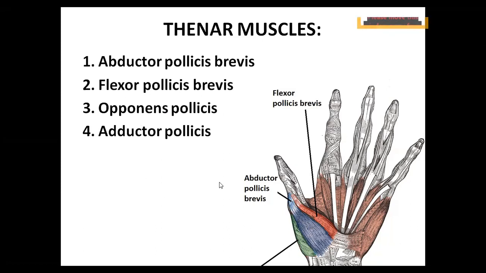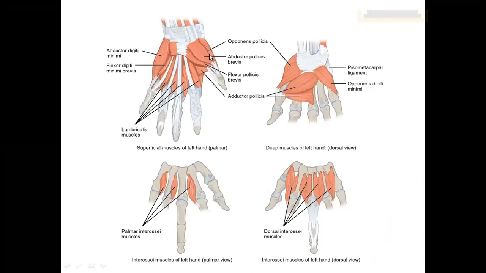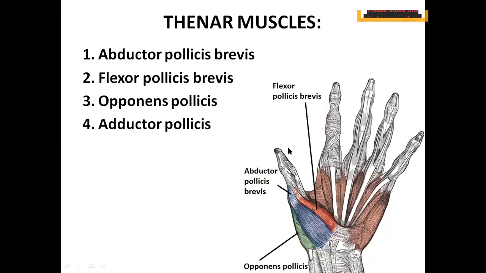Easy. So A is abductor pollicis brevis, the first one, bluish. Medially you have flexor pollicis brevis. Then here you have opponens pollicis, shown in green color. If you cut and reflect these, as we saw in the previous picture, deeper inside we have adductor pollicis. It has 2 heads, isn't it? Transverse head and oblique head. We will discuss the origin and insertion. So, 4 muscles in the thenar group.